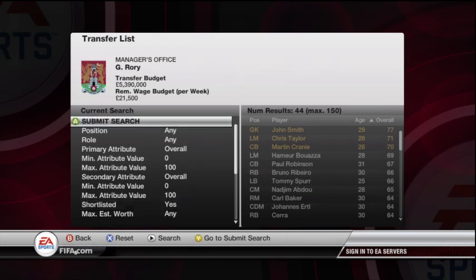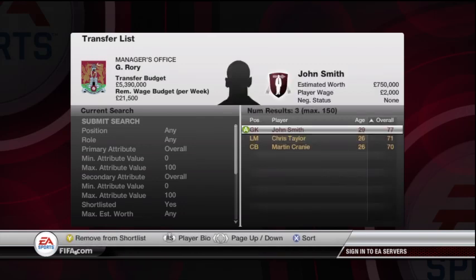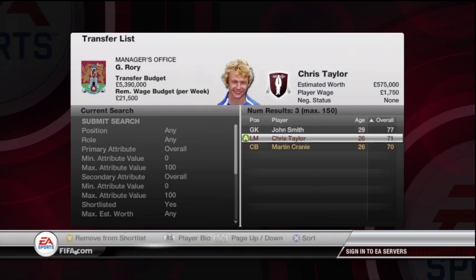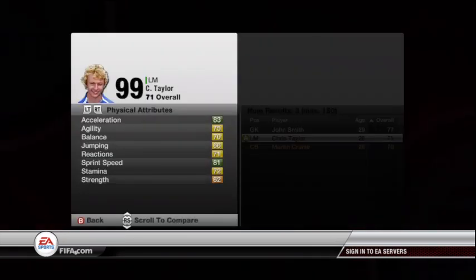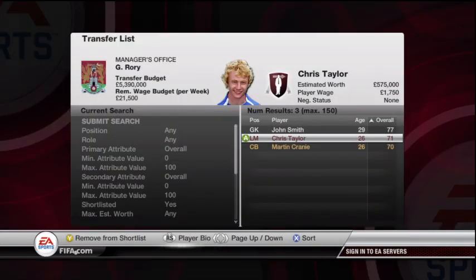Now the free agents, I look forward to the free agents every single season because it gives you a chance to get proper good players into the team. If I just unlist John Smith because we're going for a keeper anyway. But here we have it. We have two players that I would like to sign possibly. We have Chris Taylor here, quite a slow winger, but if you go into his other stats, I've got to say they're not too bad for a free agent, and for what I'm paying for him, 1.75k,